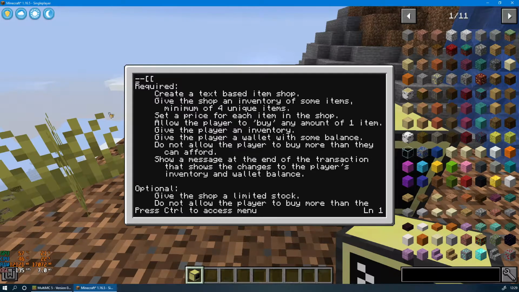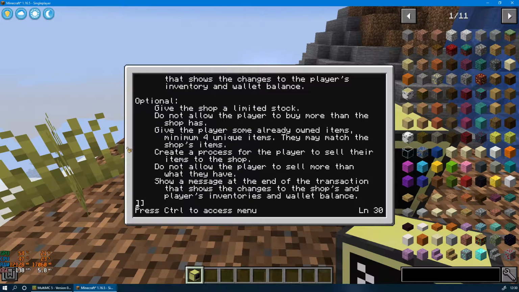And finally, at the end of the transaction, print something to the screen to show that the correct balance has been drawn and the player has received the items they purchased. And now for the optional instructions. Give the shop a limited stock of items,